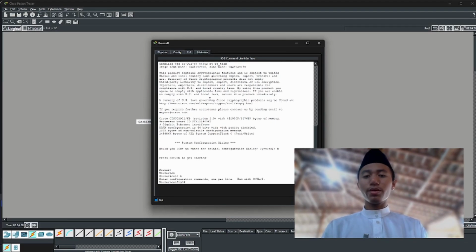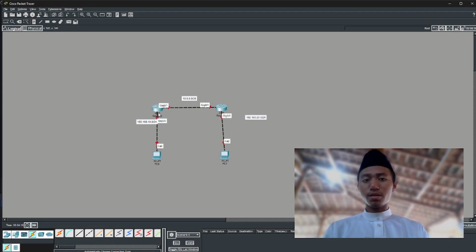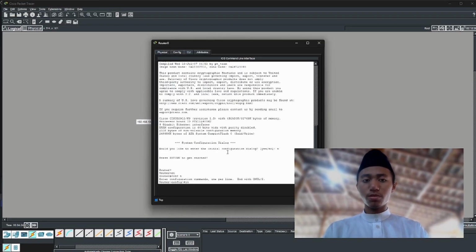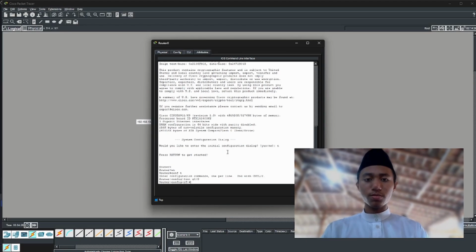As before, we will configure the IP for the interface. Firstly, we will set the IP address for this gigabit Ethernet port. We'll be using interface G0/0.